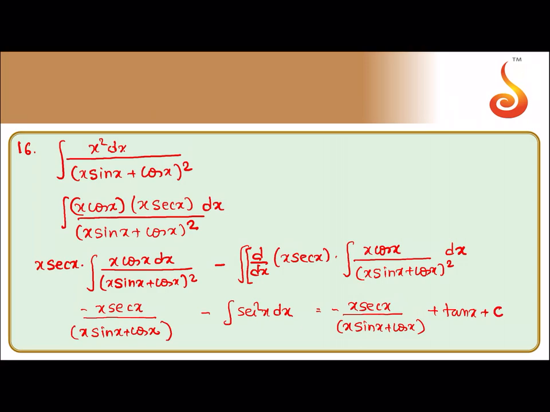Further you all can do it. The only concept you have to remember is whatever the derivative of the denominator is, nothing but x cos x, that you create in the numerator, x cos x into x secant x, because you require only x square. So once you create it, the denominator is present, and the derivative is present in the numerator. Further you use the product rule.